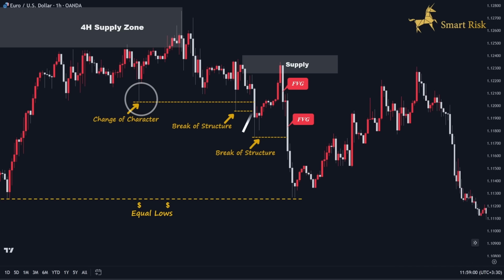Then, price moved upward to mitigate the order block generated by the change of character wave. As the price continued its downward direction, it created another break of structure and also formed this unmitigated large bearish order block here. In the subsequent price action, we see that the price moved downward, leaving a significant inefficiency.